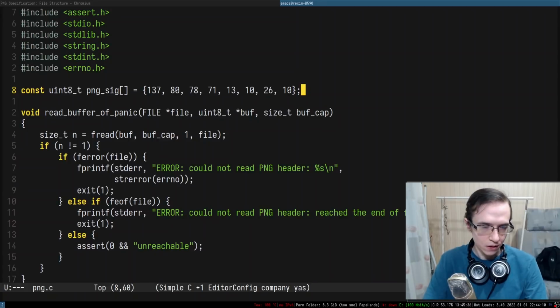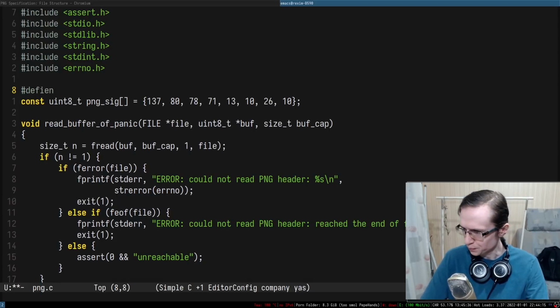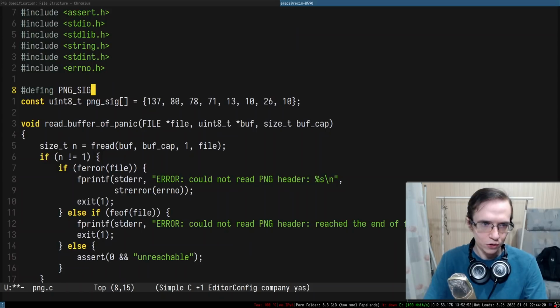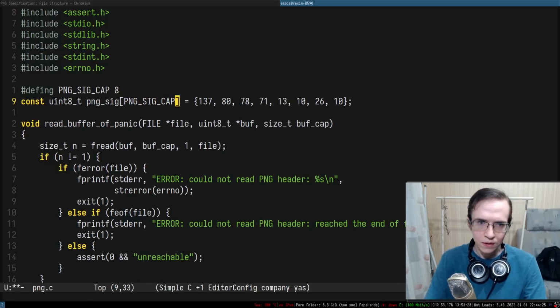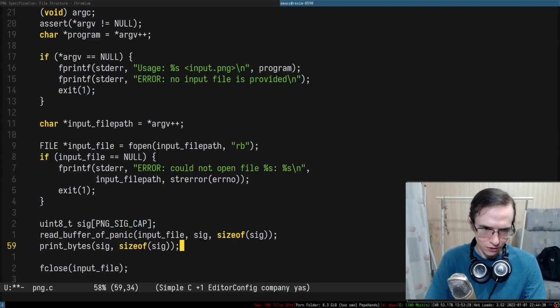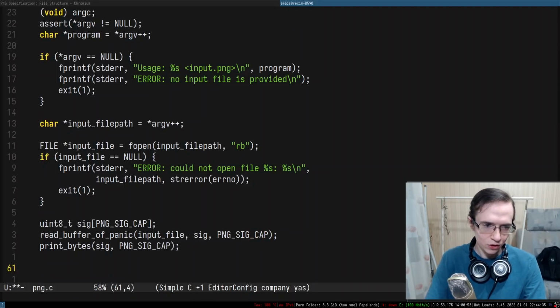Anyway, we can probably even have some sort of global variable that says the size of the PNG signature. PNG signature capacity, right? It's 8. PNG signature capacity, and that way I can now do the following thing. And after that, we can just compare two signatures, right? If